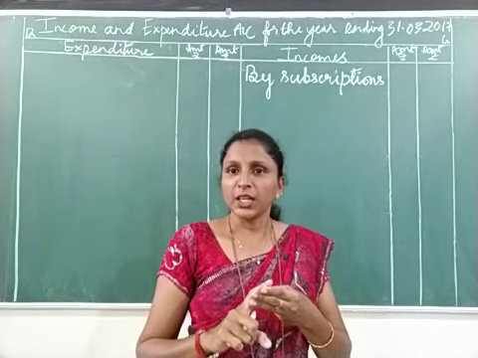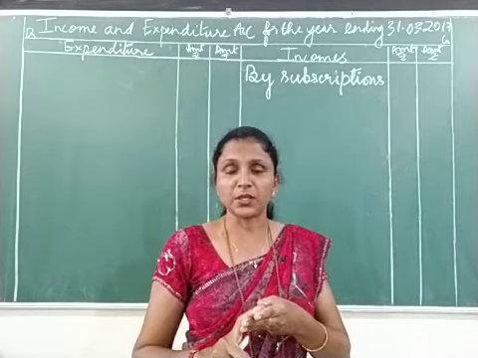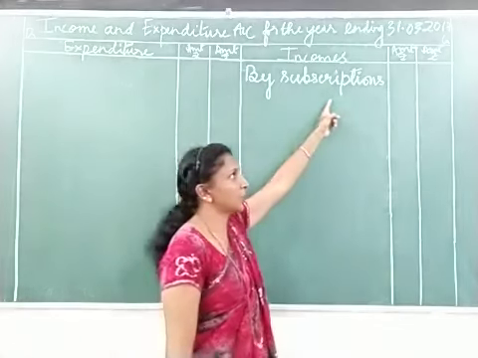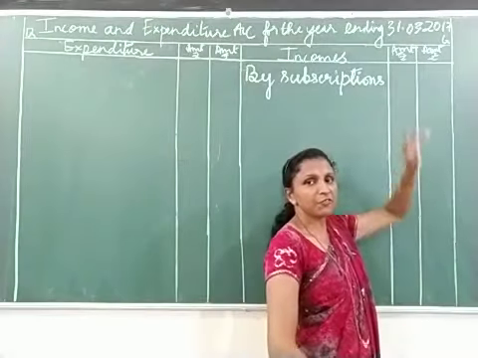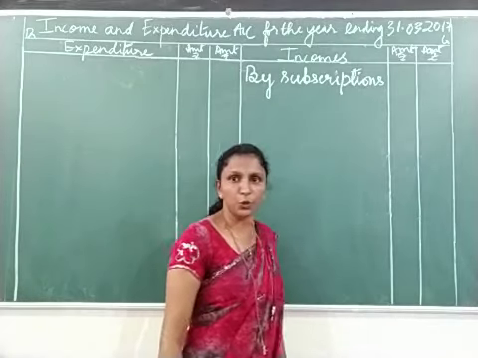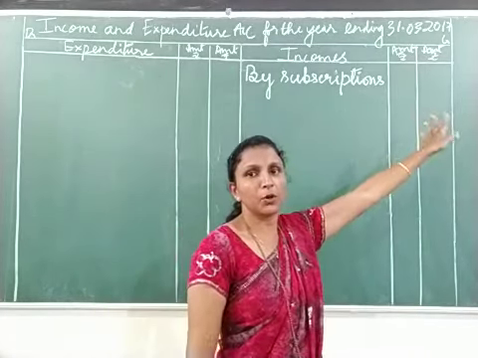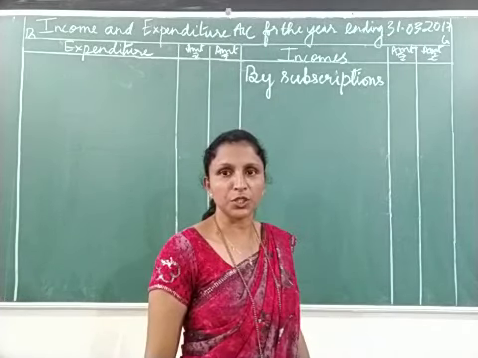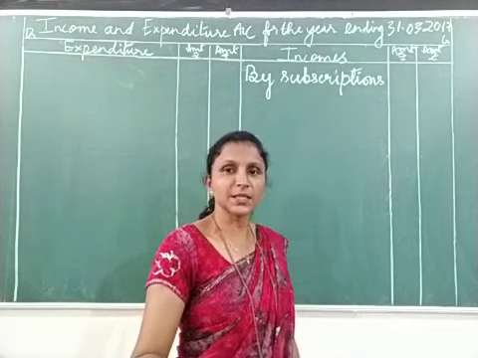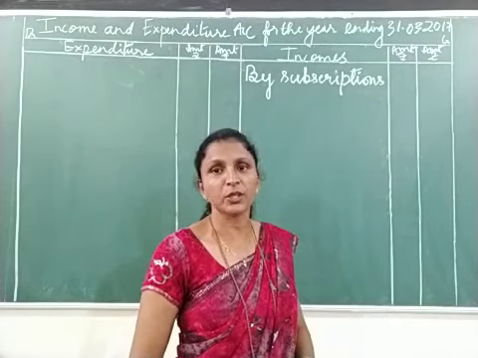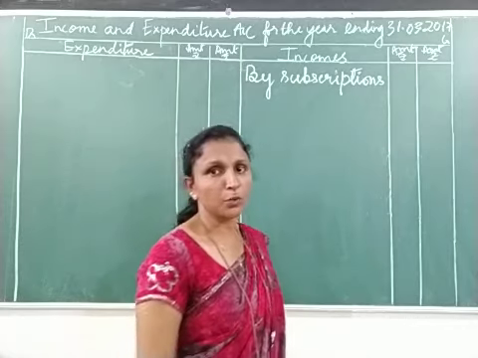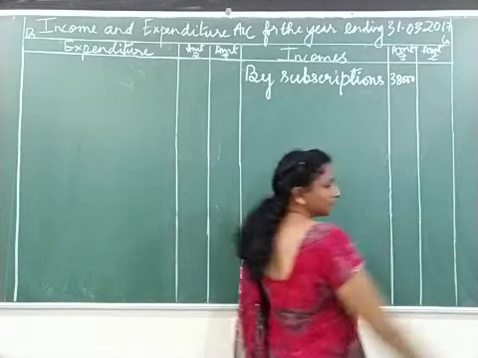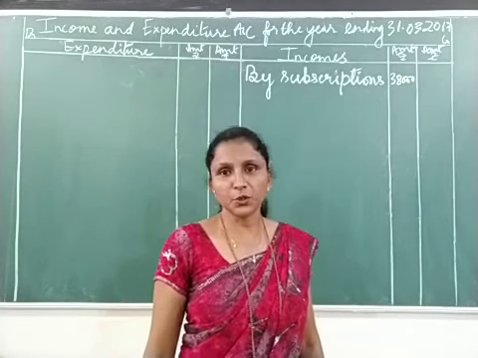If there are adjustments, we have to write the given amount of the receipts and payments account in the inner column. If there are no other items related to the item, then we directly write the amount in the outer column. As there are 3 related items to subscription, the given amount in the receipts and payments account, that is 38,000, we are writing it in the inner column. So write that down. So you have written 38,000.